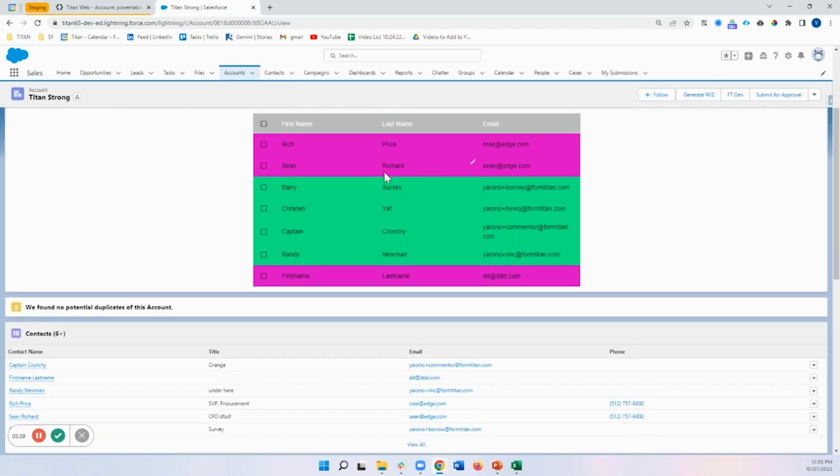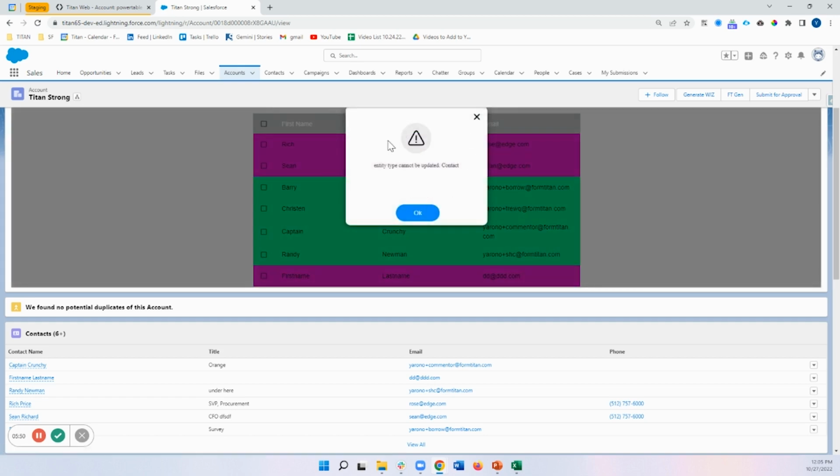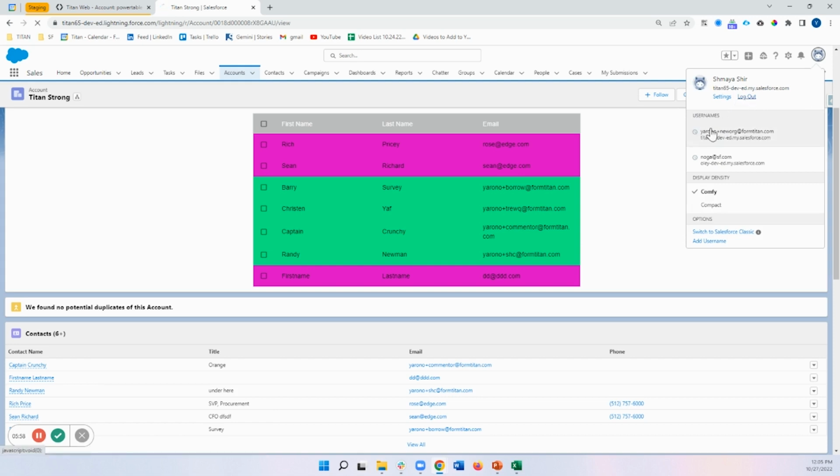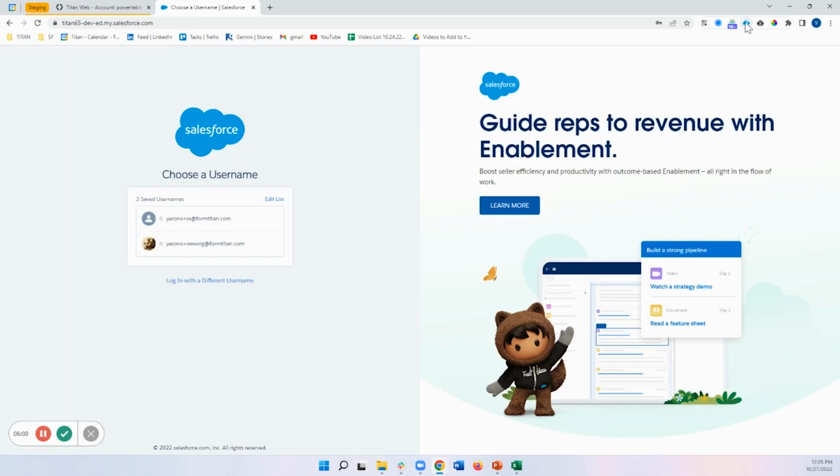And if I want to actually update something on my contact, I'll just try to update this, and I should be getting an error message, and that's because I don't have permissions to actually update this contact. Now, if I log out again and go back to a user that does have permissions,